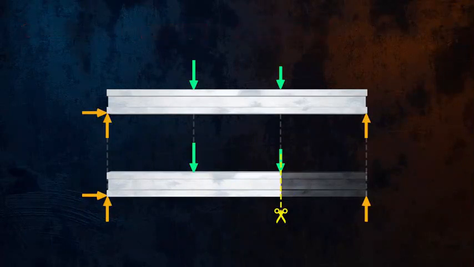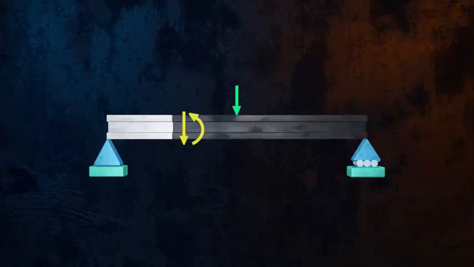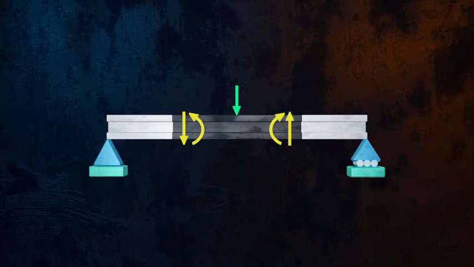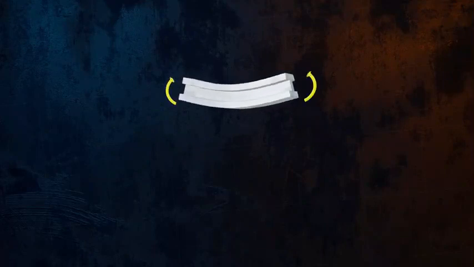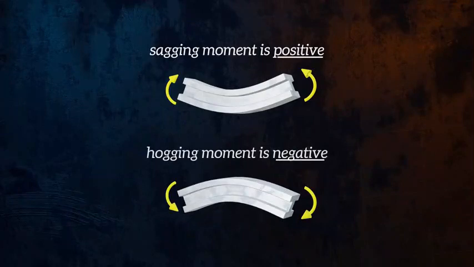Now is a good time to define the sign convention we will be using. Applied forces will be positive if they are acting in the downwards direction. For shear forces and bending moments, the positive sign convention will be as shown here. If the beam is on the left side of our cut, shear forces pointing downwards will be positive. If the beam is on the right side of our cut, shear forces pointing upwards will be positive. Positive bending moments will be those that put the lower section of the beam into tension. Another way to think about it is that bending moments which cause sagging of the beam are positive, and those that cause hogging of the beam are negative. Let's take a look at an